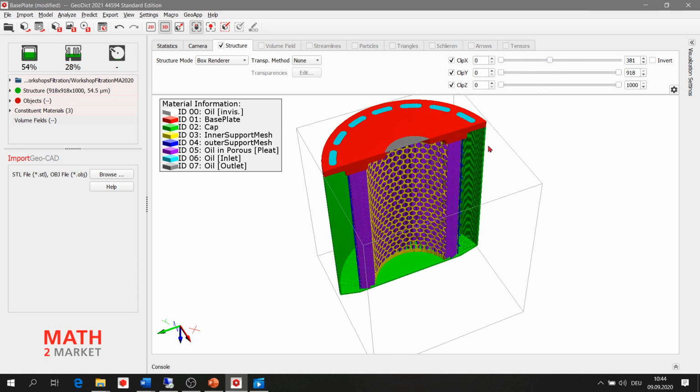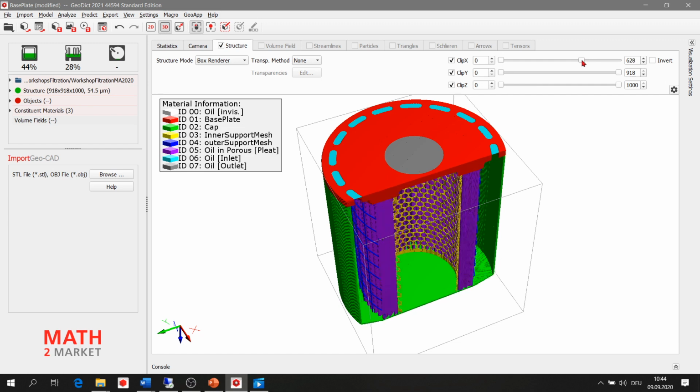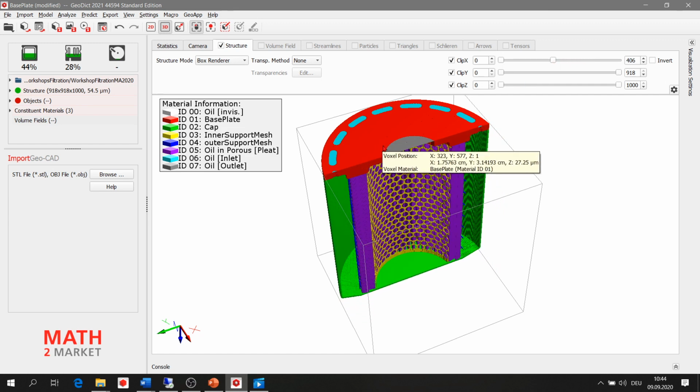The inner support mesh, as mentioned, with the yellow color, the outer support mesh with the blue color, the pleat itself with purple, and the inlet and outlet parts. All right, the geometry is now ready for filtration simulations or flow simulations.